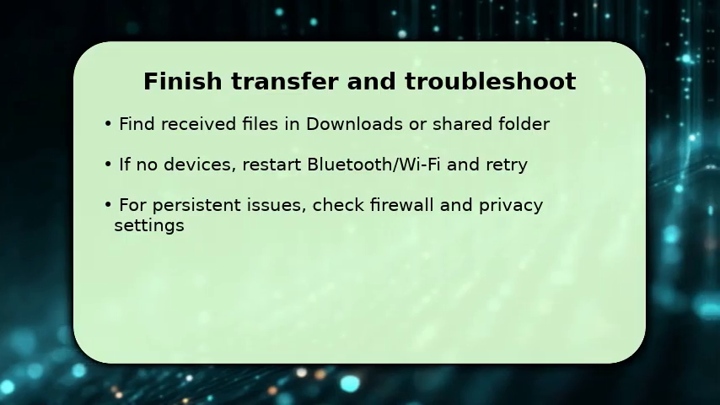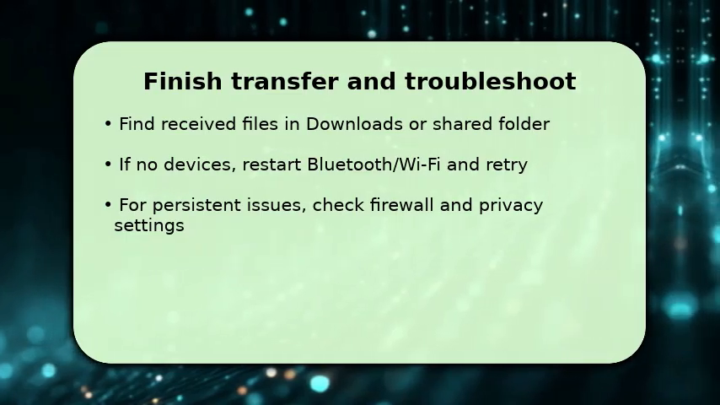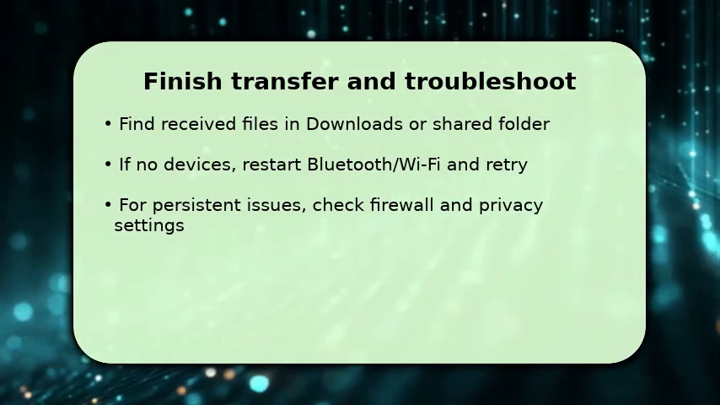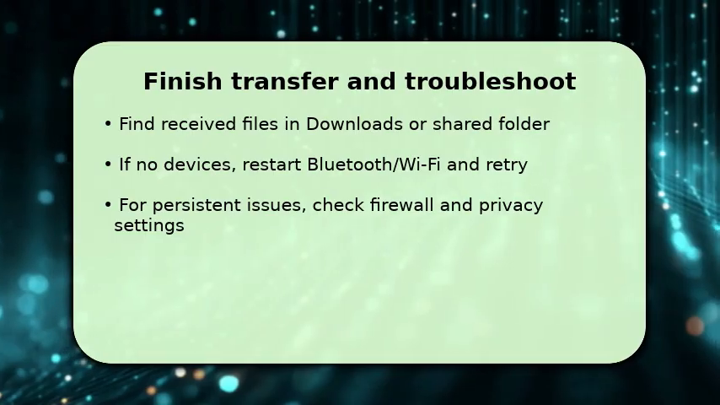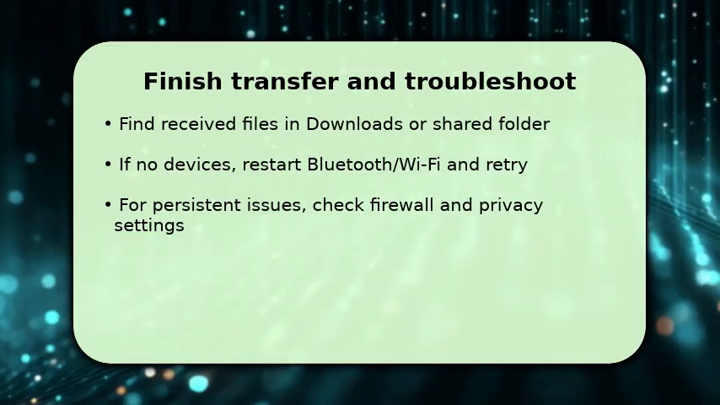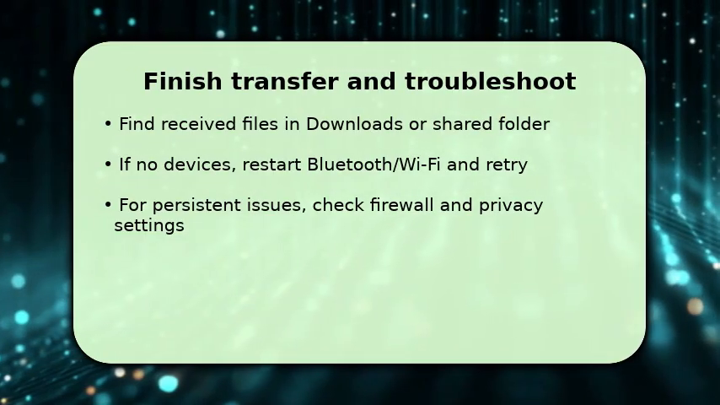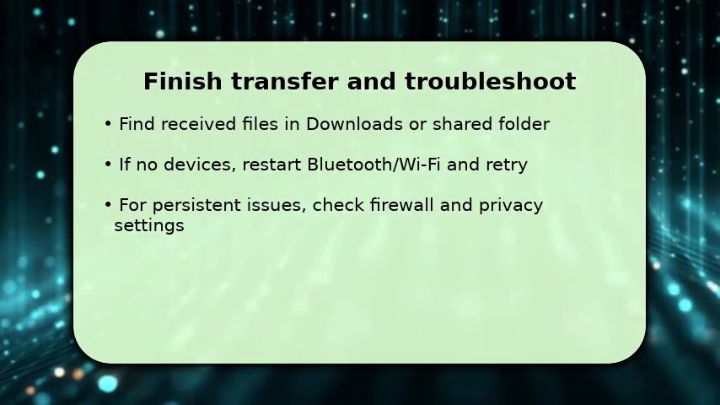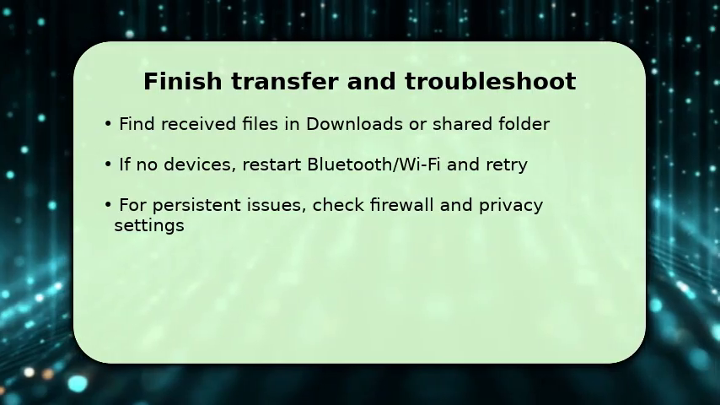If you don't see the other device, restart Bluetooth and Wi-Fi, toggle Nearby Sharing off and on, then retry discovery. Make sure both PCs are on the same network type and that Windows firewall or third-party security isn't blocking Nearby Sharing. One quick troubleshooting tip: temporarily disable firewall rules for